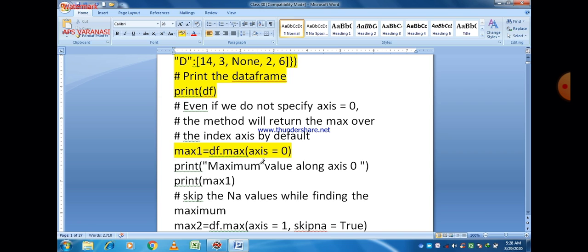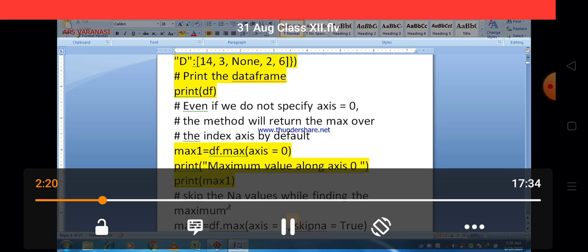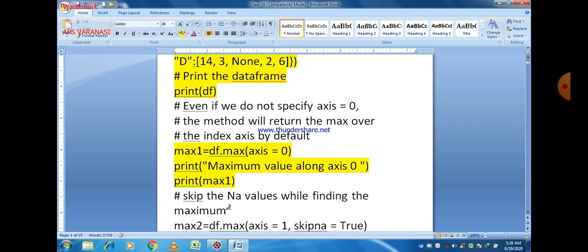You can see here maximum. To find the maximum value along axis 0, just write the name of the data frame first, that is df, then put the dot operator, and then axis equal to 0. If you don't even mention axis equal to 0, by default it calculates the maximum value along axis 0.